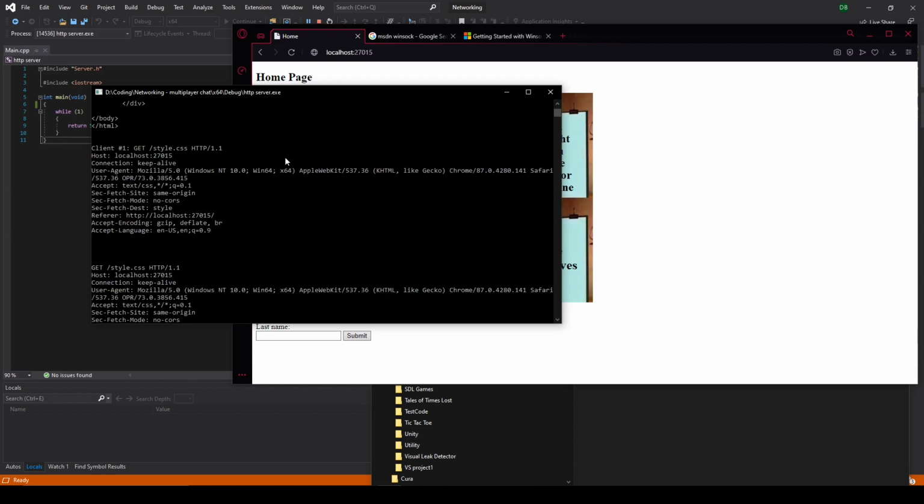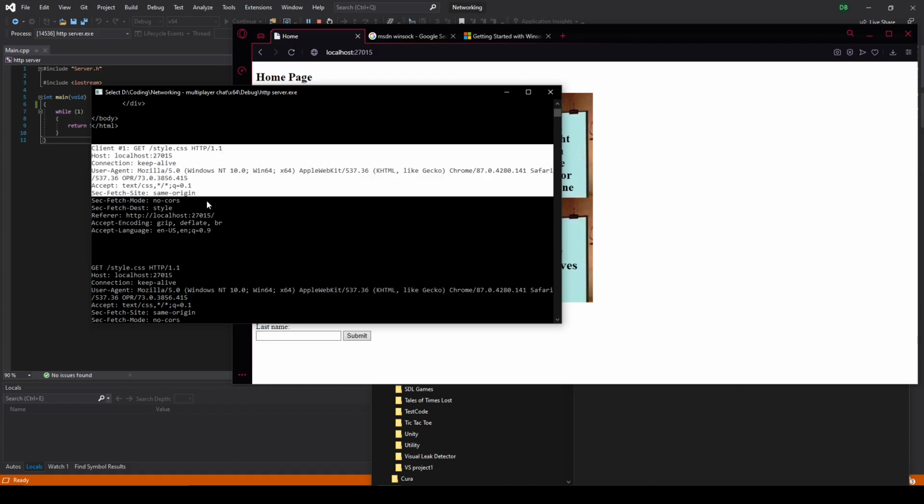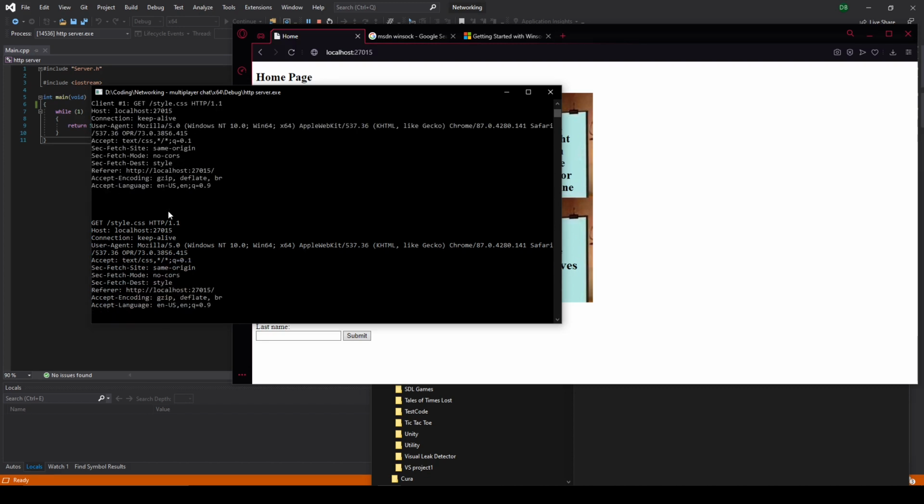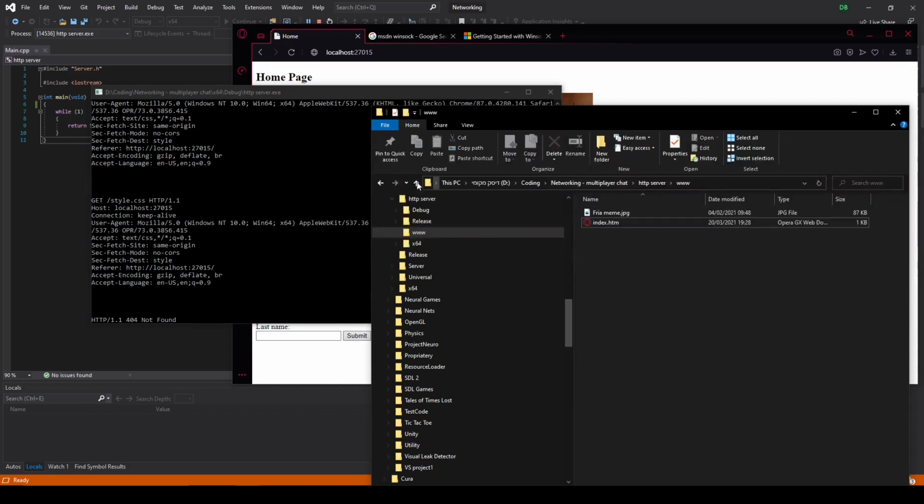I think something like this, like it looks for an icon to put here, and for the style CSS, the default style of the website. And of course when it tries to get the style, you can see there is no style, so it